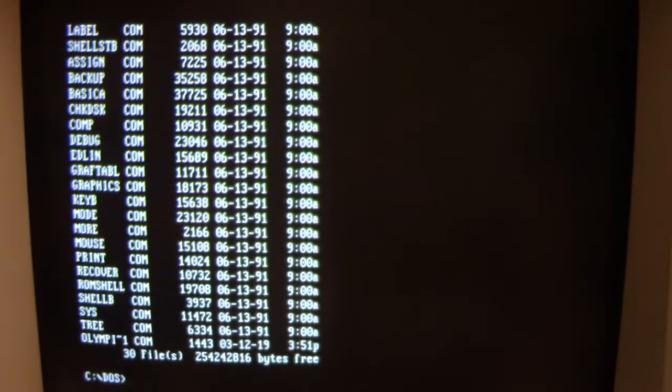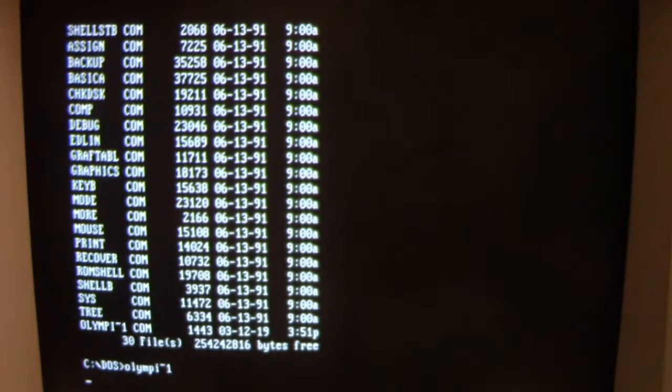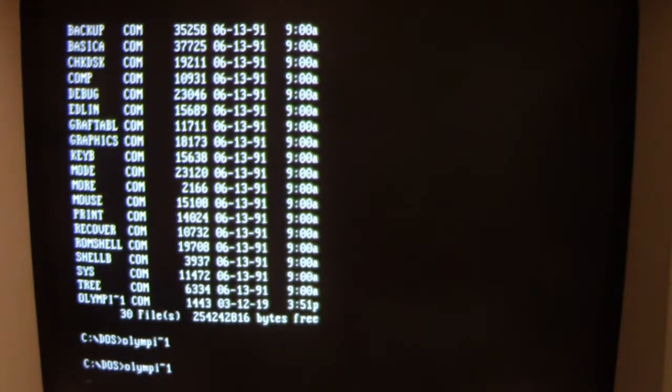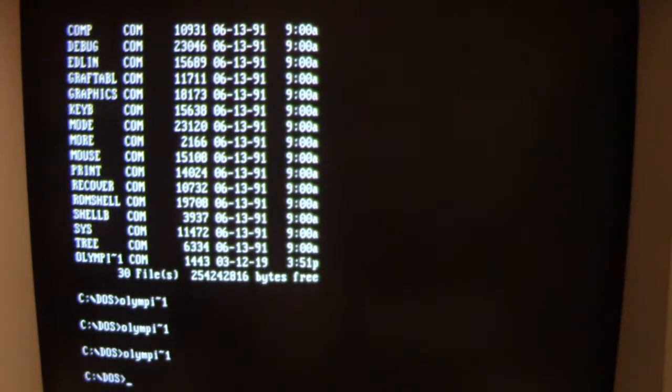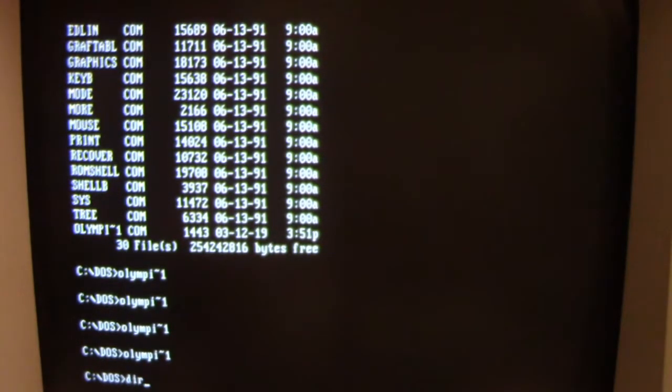In some instances, it will take up to 30 seconds to perform an infection, which kind of gives you an idea. If you're waiting that long at the command line for your program to finish its execution, kind of tells you there's something going on with your system. So I still don't see sys.com infected, but I haven't been paying attention to much of the others, so let's continue running Olympic a couple more times. Trying to get a mass of infected files here in our DOS directory.